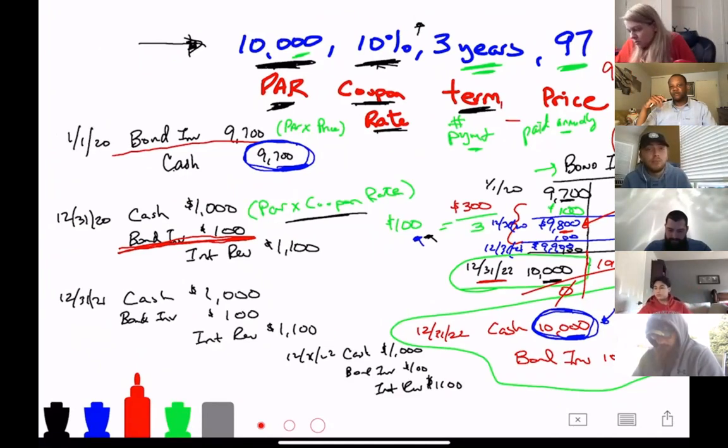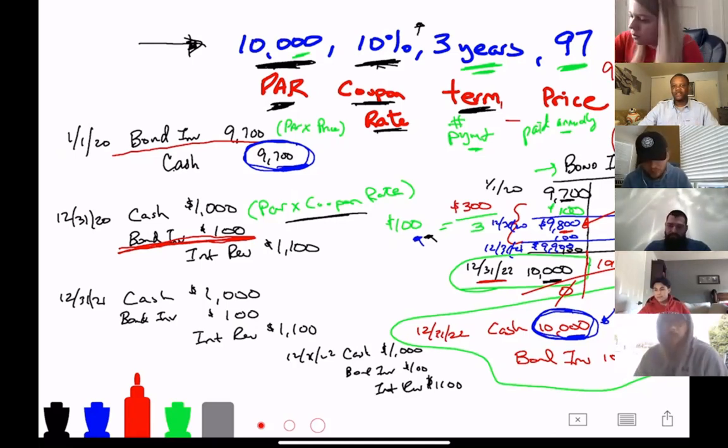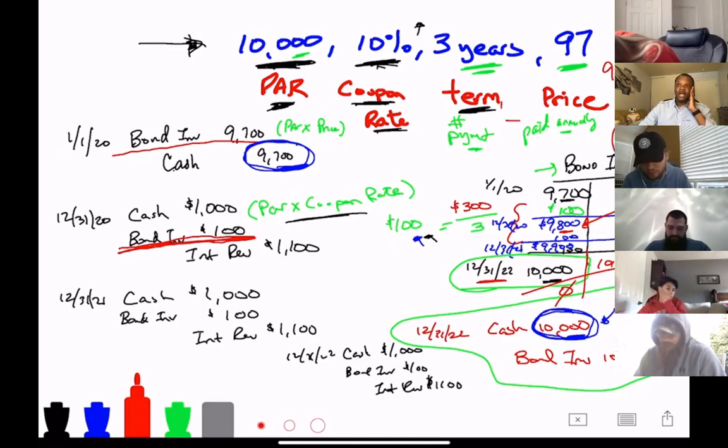At the point when it becomes a bad deal, I can earn 12% somewhere else, so less people want to buy it, and you have to lower the price in order to entice people to buy it. Just like people buy and sell stocks every day, they're buying and selling their right to a bond contract. They're saying, I got this bond that's got another 6 years on it, I'll sell it to you, and then you can collect the rest of the interest payments and the par value when it's done. People are constantly buying and selling that.